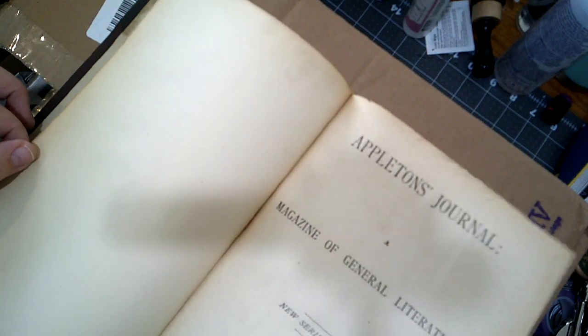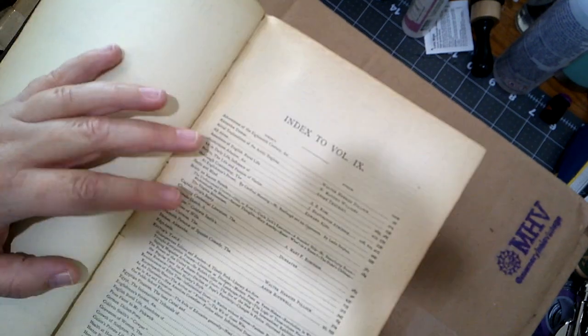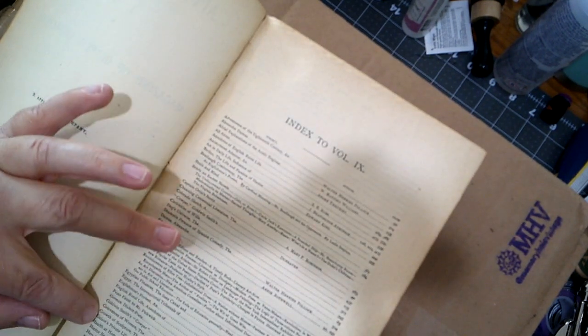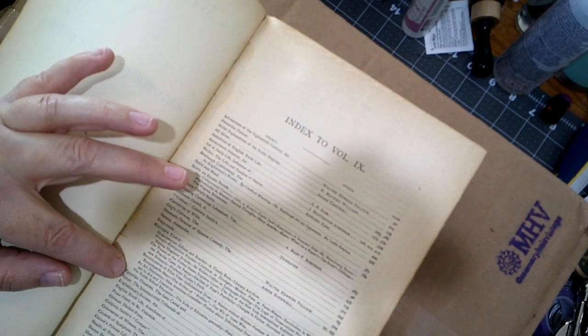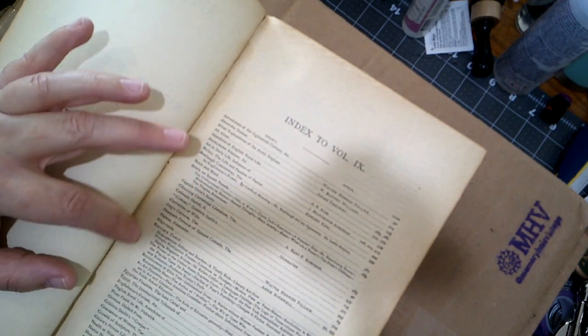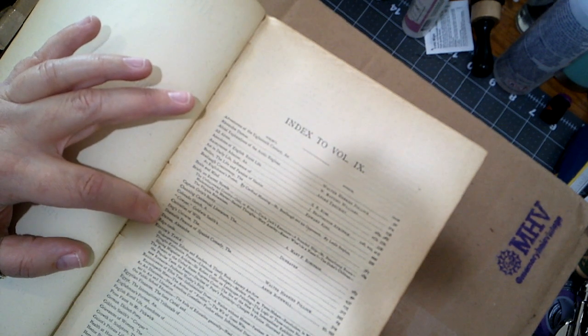Appleton's Journal, Magazine of General Literature, July through December 1880. It looks like most of these are essays, like literary essays or criticisms, biographies, etc. There's some about Egypt, about the growth of sculpture, the dramatis personae of Spanish comedy. For now, I'm not going to be able to use any of the papers in here because this is just